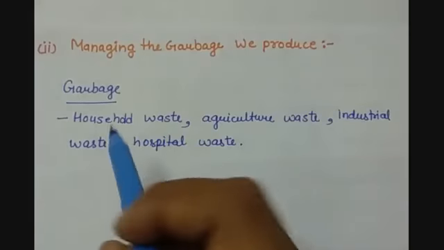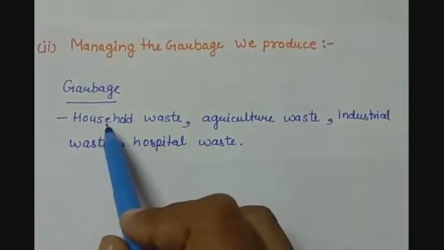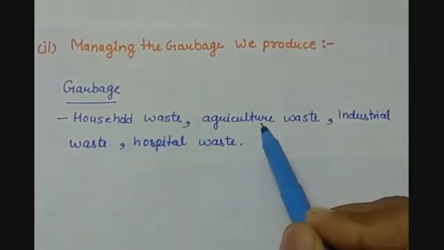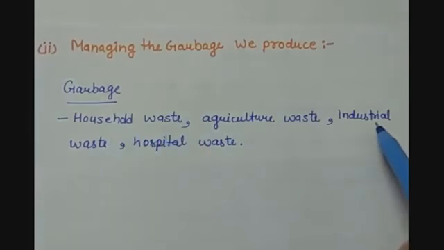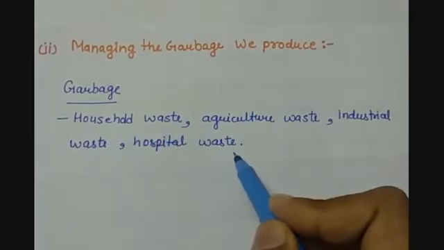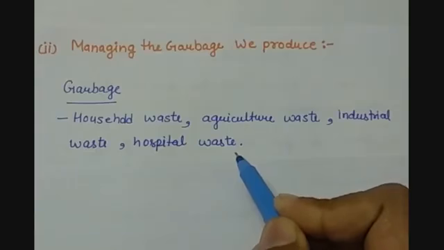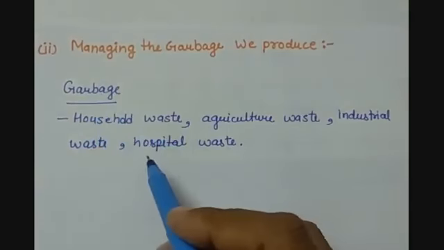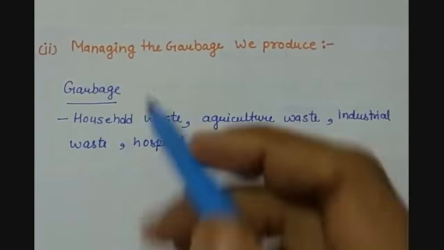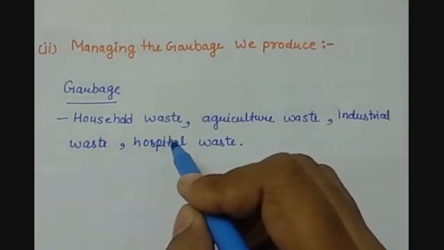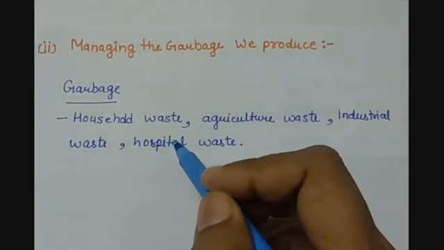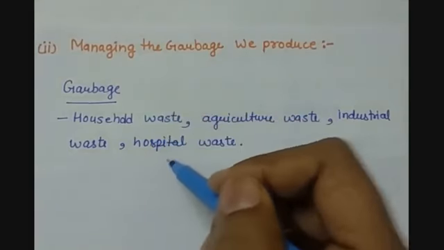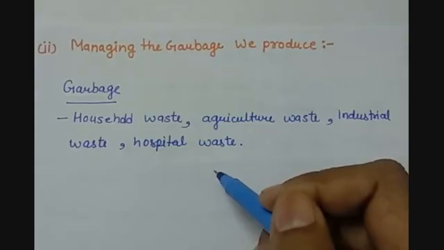Other than that, household waste, agricultural waste, industrial waste and hospital waste are also included in the garbage. Garbage includes fruit and vegetable peels, waste papers, ash, leather, rubber, plastic articles, glass or metal articles, which are coming